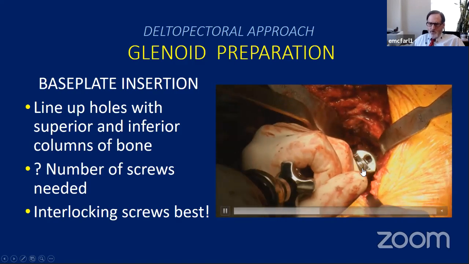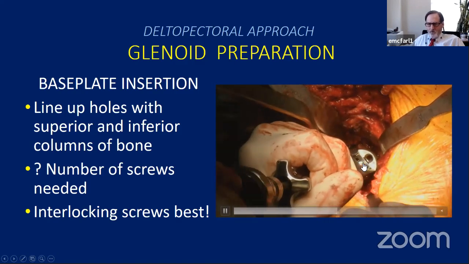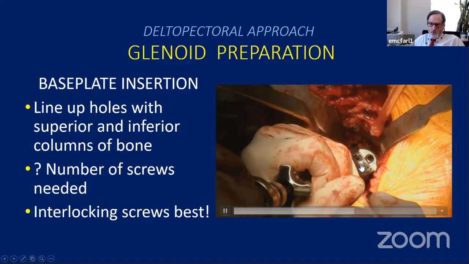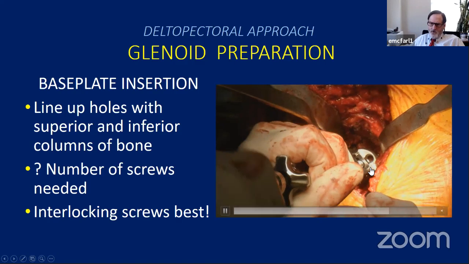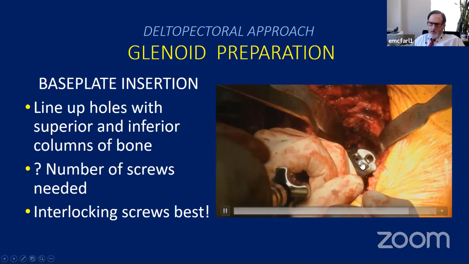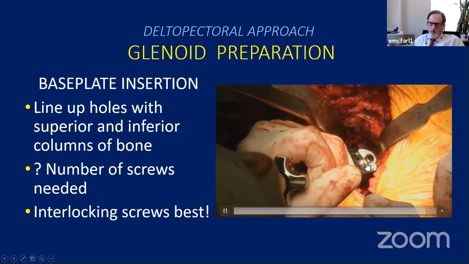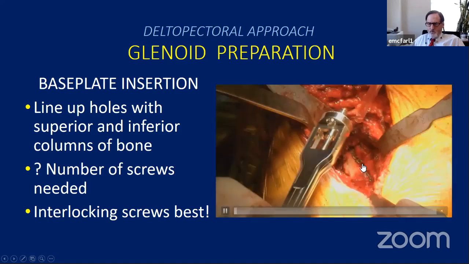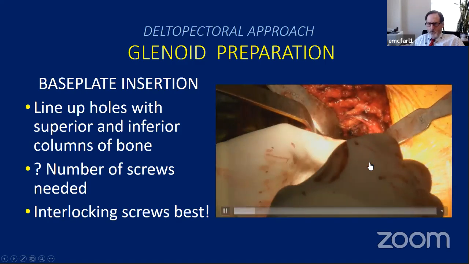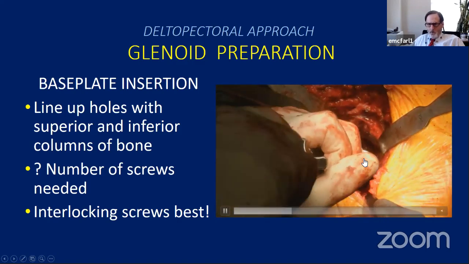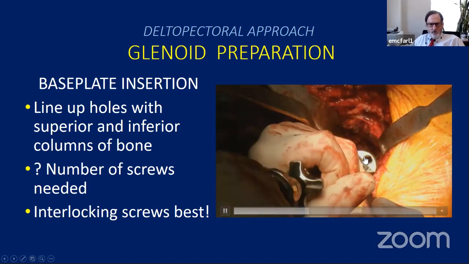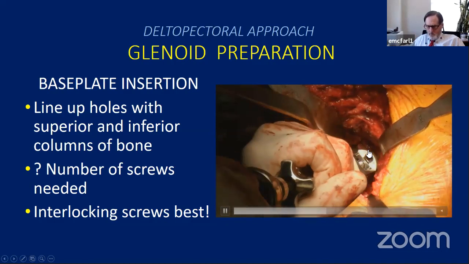Many of these systems have a central peg. I'm not real fond of central pegs unless they have a screw that goes through them. But one thing I will say, sort of anecdotally, level 5 evidence, when you put these central screws in, like say the Frankel system has, this is all monoblock. So you just put it in. The central screws, the fixation is just so fantastic. It blows your mind.